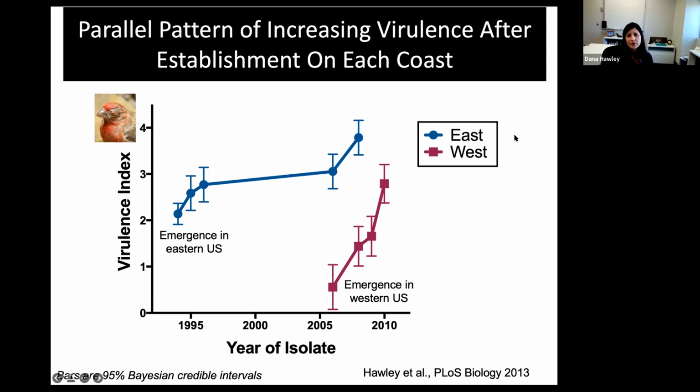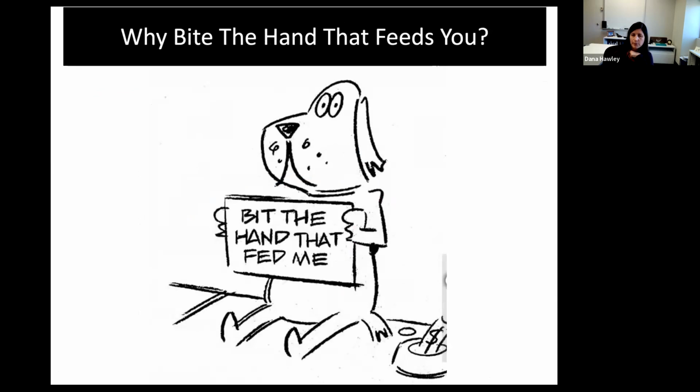And I know we don't have a ton of strains here, but we have since added more strains and the pattern continues. We also know from work from an entirely separate group that used entirely separate isolates and strains that they find the same exact pattern in 50 isolates from the Eastern US. So it's always nice when these patterns can be replicated across groups and in isolates. So we think this pattern is pretty solid in that there seems to be this pressure for this directly transmitted pathogen to be increasing in virulence in both cases.